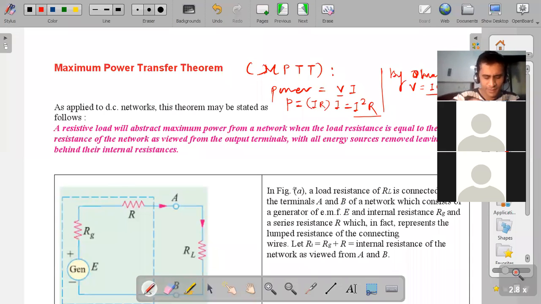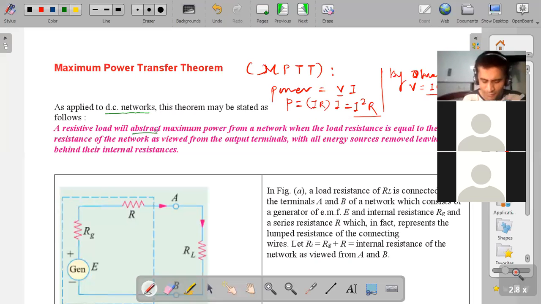This theorem is applied to what? DC network. Now, I have already explained about AC and DC. What is the difference between AC and DC? In AC, polarities keep changing. And in DC, current will flow in only one direction, maybe positive or negative. Now, this theorem is applied to which type of network? DC network. Now see the statement: a resistive load